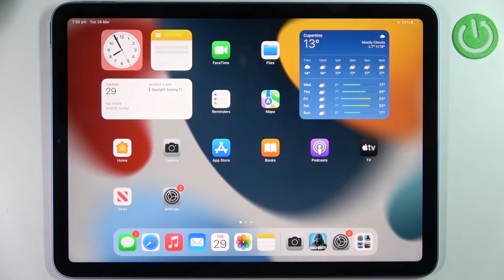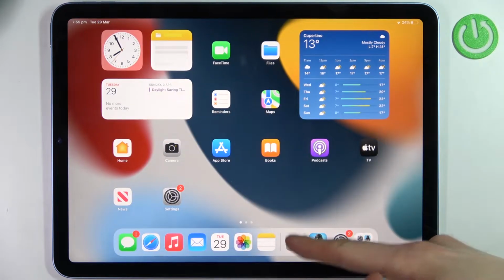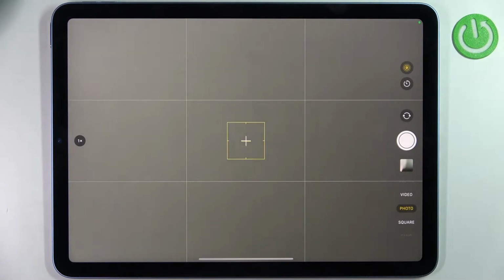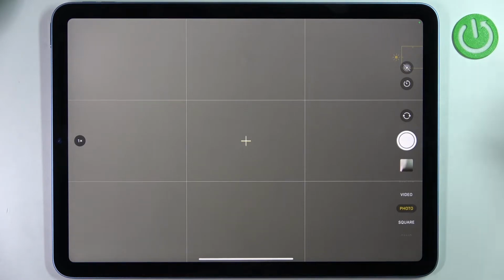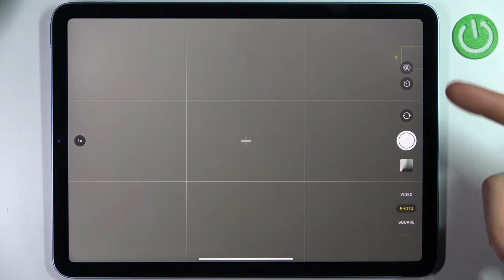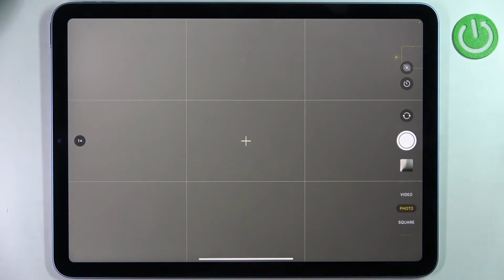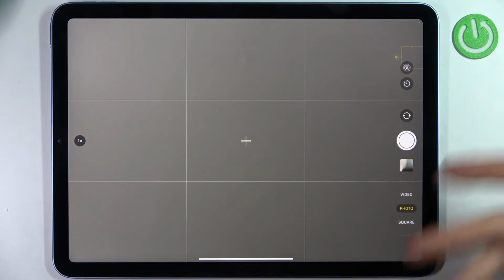Here I have iPad Air 5th generation, and today I'm going to show you how to disable live photo feature on this device. So every time you open camera, you have this live photo enabled for some reason, but maybe if you don't want to take live photo right now, you just have to take a quick picture, but unfortunately it always sets this live photo by default, which takes longer to take, which weighs